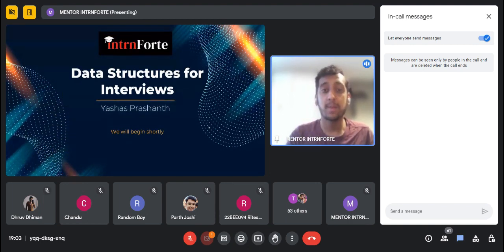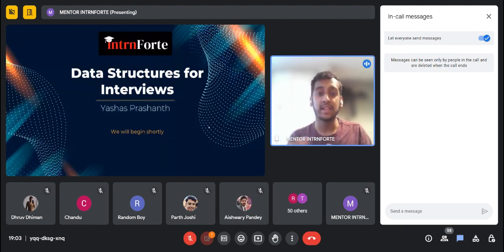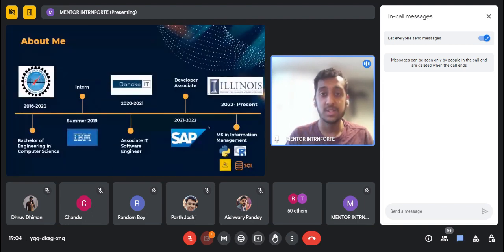Now coming to what we're going to be looking at today. We're just going to be getting a sneak peek into data structures. I have done a few sessions before on data structures, but this time I wanted to take a slightly different approach and make it a little more practical, a little more hands-on into what you will actually be seeing when you try to use data structures for preparing for interviews. And when I talk about interviews, I am talking about technical interviews. Okay, so let's get started.